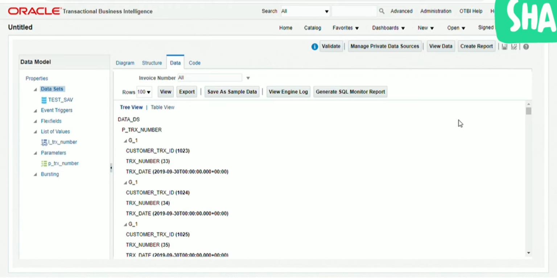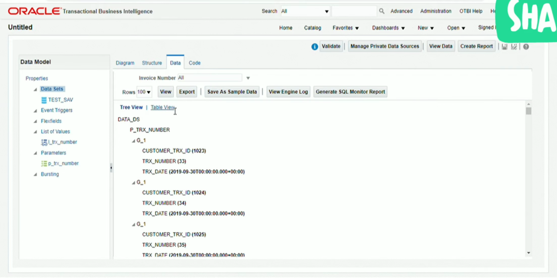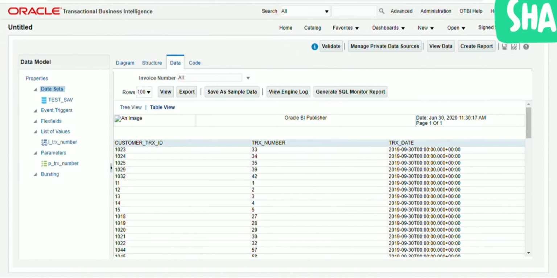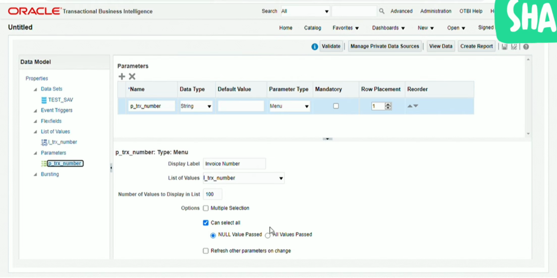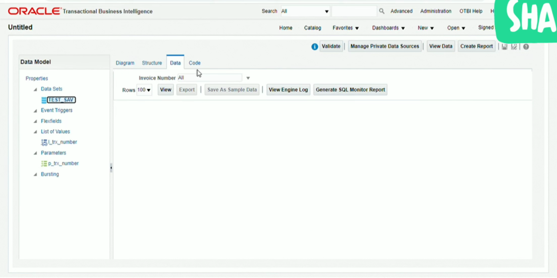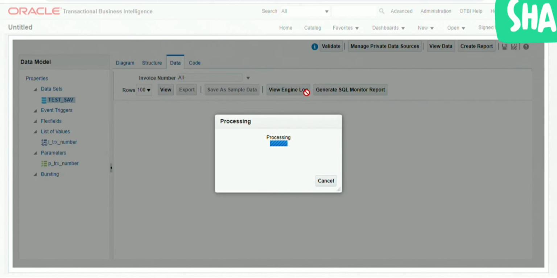We are supposed to get the data because, see, it was not coming because NVL was not handled. We have chosen null value passed in at the place of null. Now the data model part has been done. We have got the data.